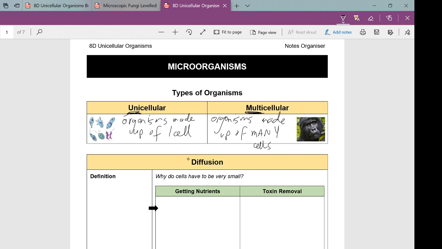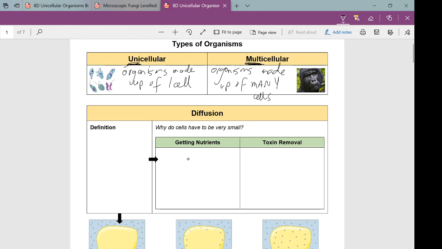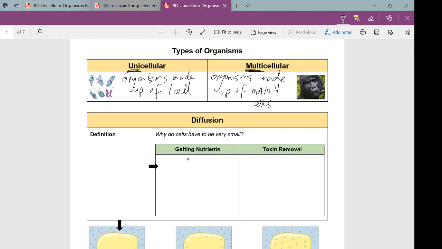Okay, so in terms of what this means for the way nutrients get in and out, if you think about the fact that cells are very, very small, and each of our individual cells needs nutrients in order to survive. They need sugars to carry on with respiration, which is making energy for the cell. They need water. They need all of these resources, and the way that things get into cells, individual cells, is through this process